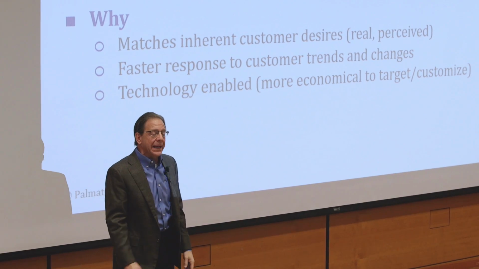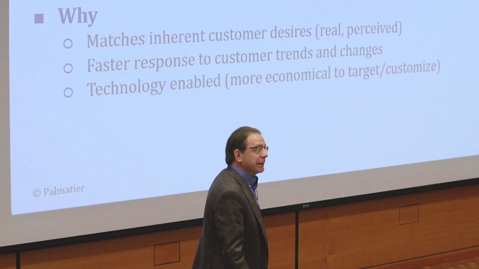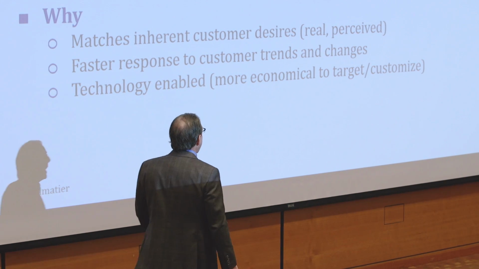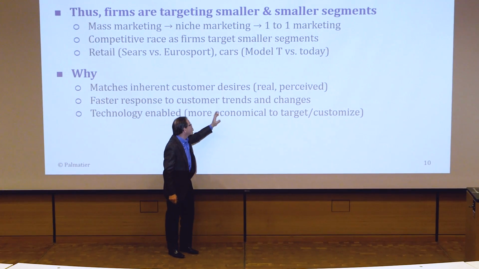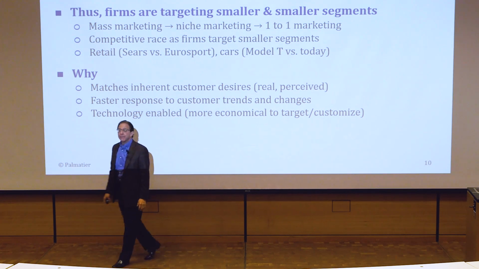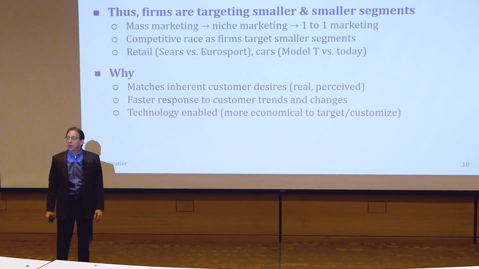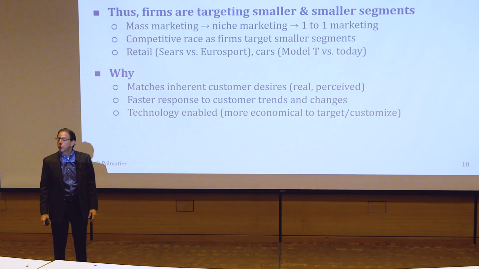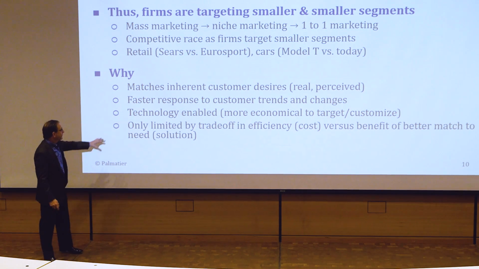This is happening more and more today because of technology. Technology has enabled this. You can look either by getting data and also searching people out on the internet. You can find very small groups of customers and you can offer economically a product to them. Why? Because they can find you very cheaply. When people only used to shop in a retail store, if you were a small little person with a business, the only way you could reach all those customers is to get your product put in all those retails. Today, you can put it online and have people come in and target you very small. So technology has enabled that.